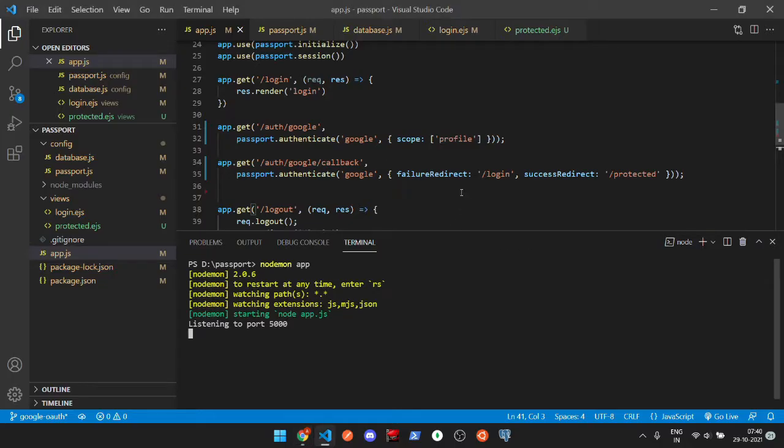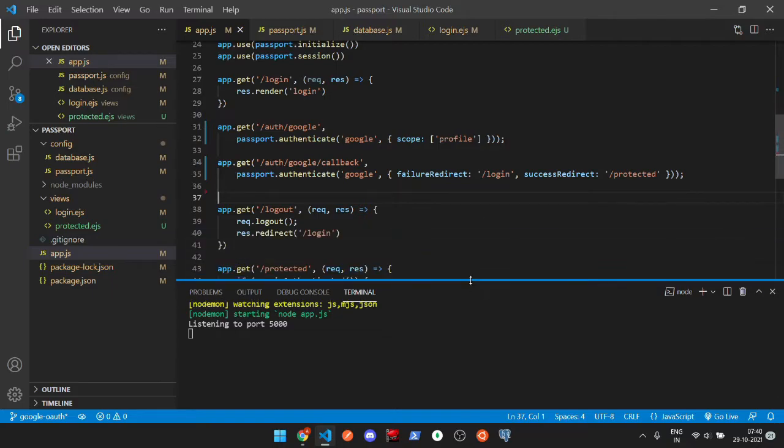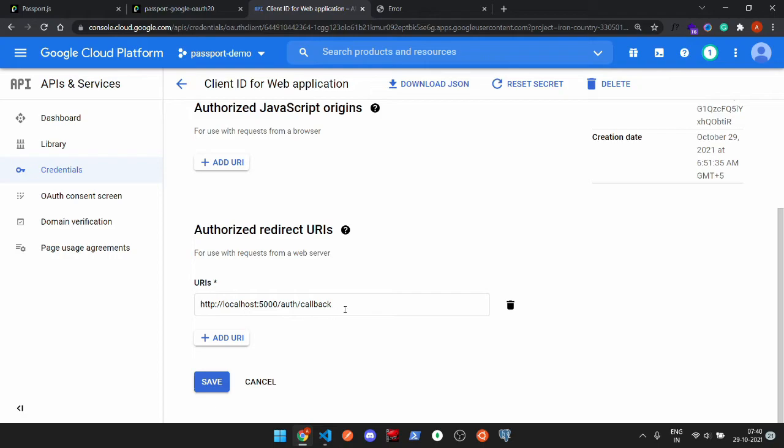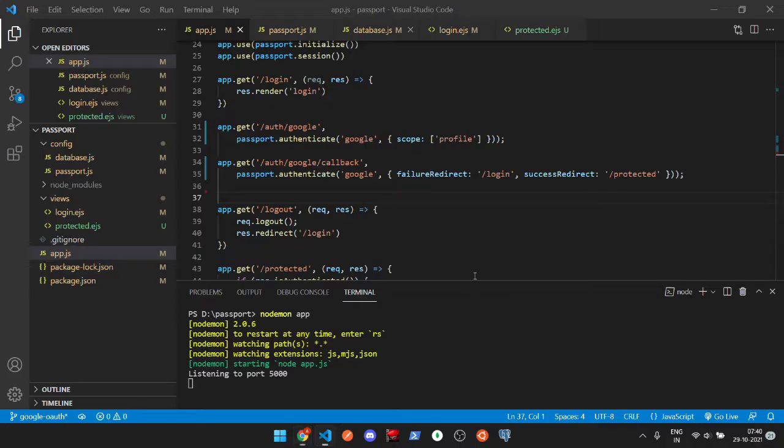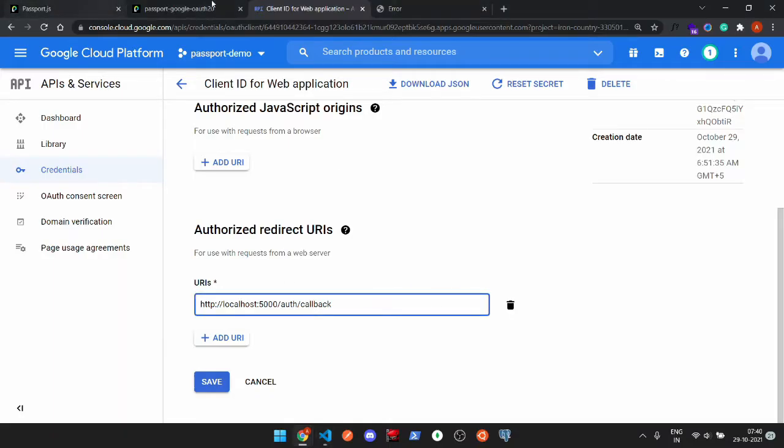If I select any Google account here, I get an error. So this is because, okay, the callback URL that we had configured in our auth ID, we have this callback URL over here, auth/callback, and the value that we had copied from the documentation had this Google key in between. So we'll just remove this and now try to do it once again.